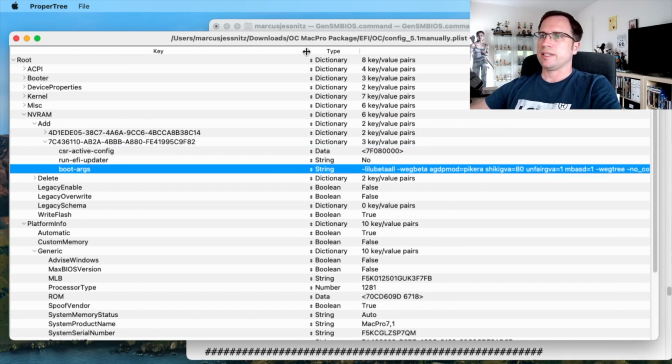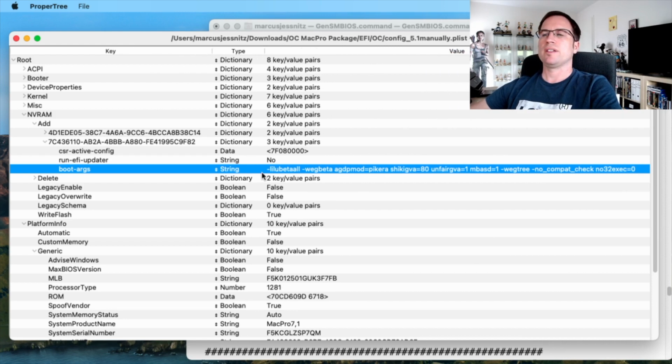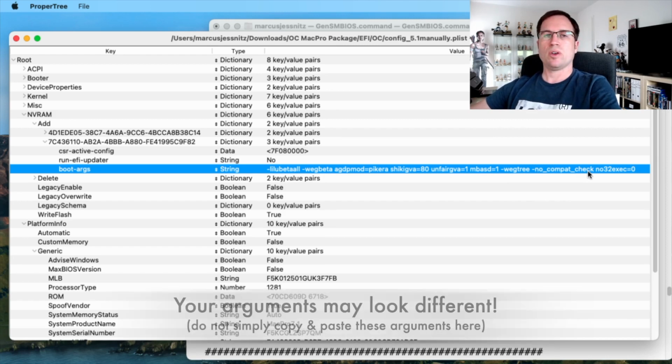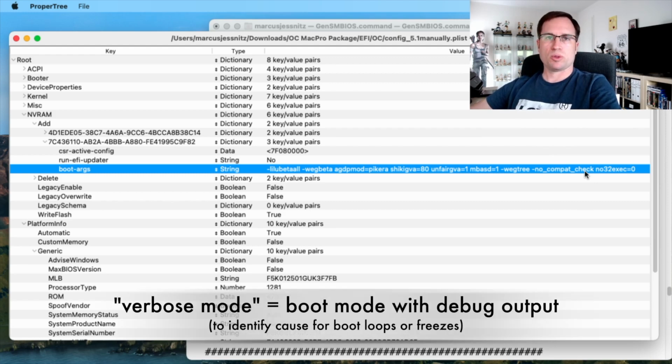And here you find, I will just enlarge this a little bit. Here you will find all boot arguments that this config plist is using. And as you see here, dash no compat check, it's already inserted. Your arguments may look different, okay? But this is the place, as I said in the intro, when you want to switch on the verbose mode to see all the error messages during boot, this is the place where you put it.